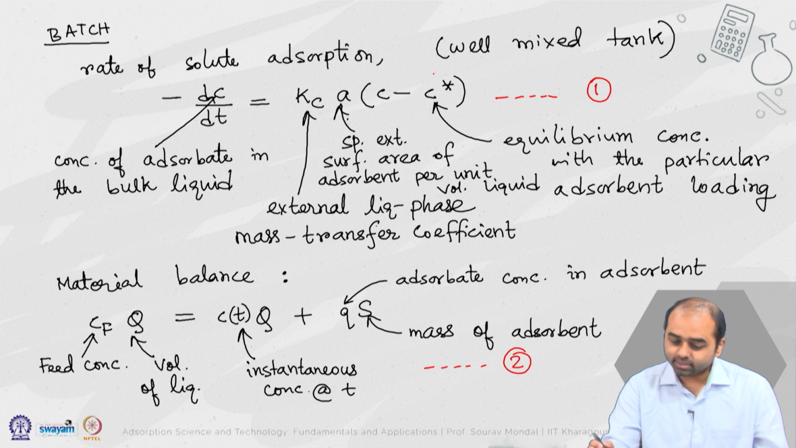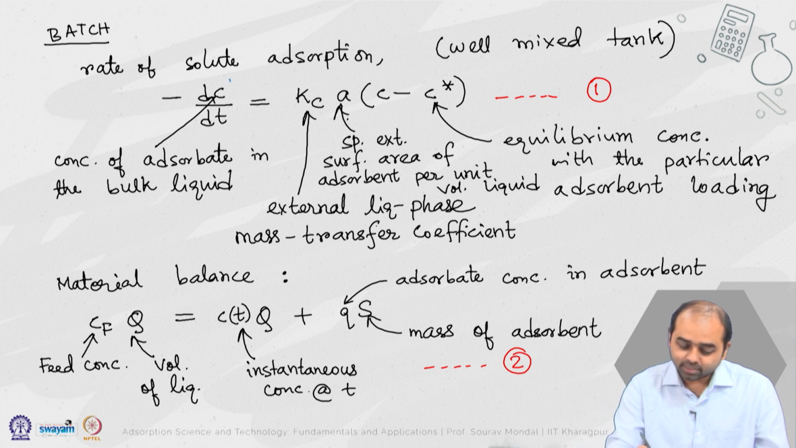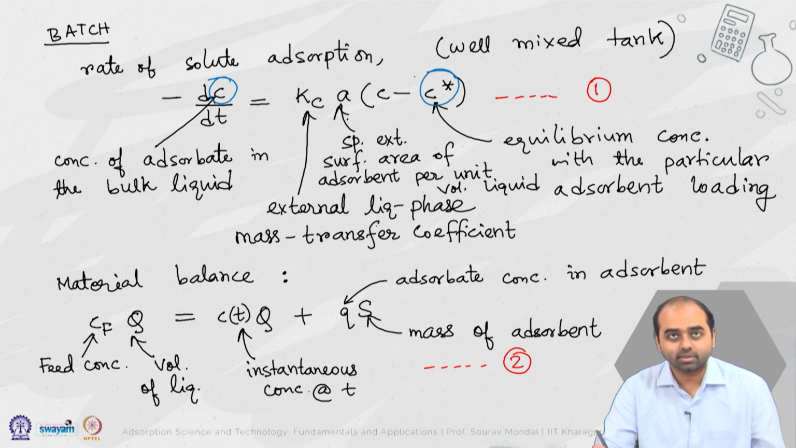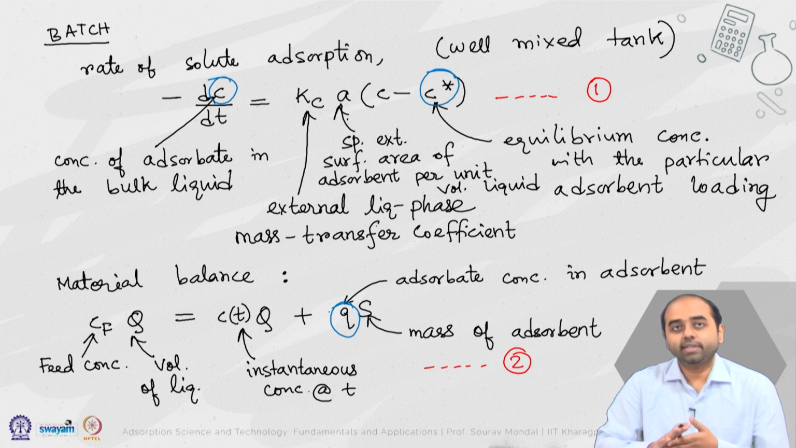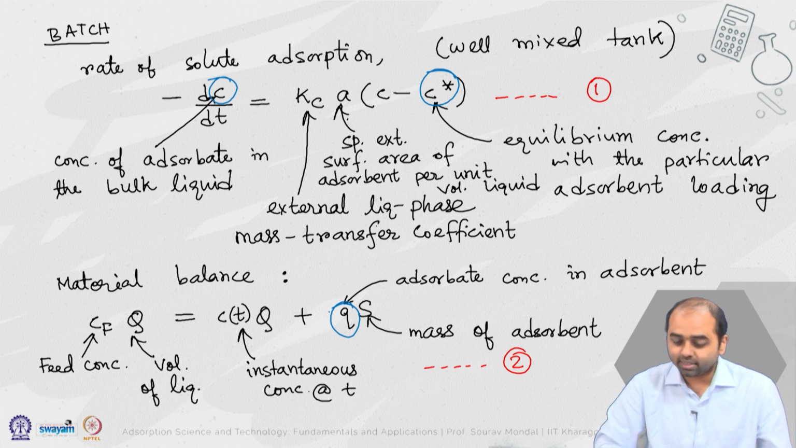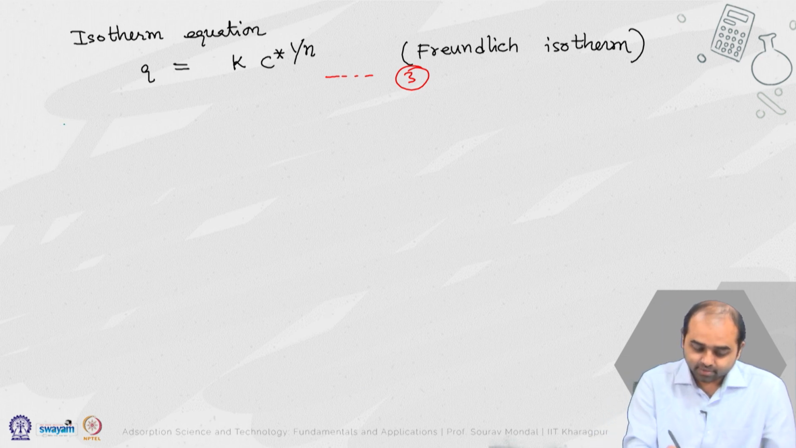So please note that the unknown variables in this case: one is of course C, that is what we are trying to track. One is C star, that is the equilibrium concentration, and of course we have the Q. So we have three unknown variables and we have three equations that can be used to solve this system of equations. So for the sake of simplicity,